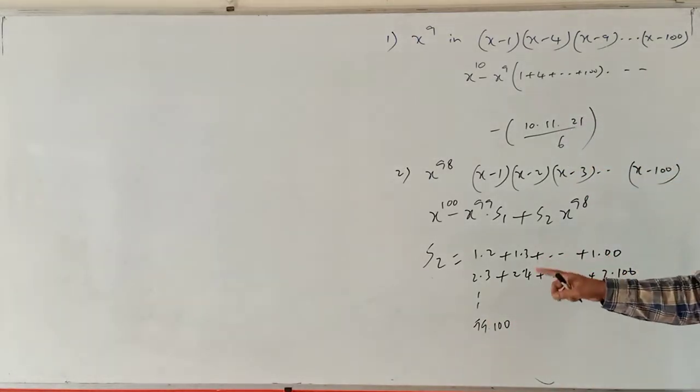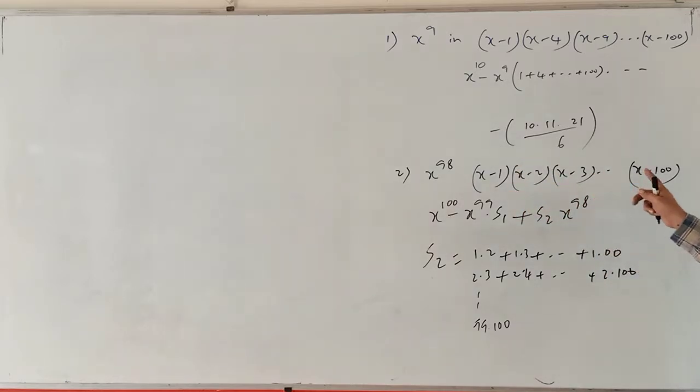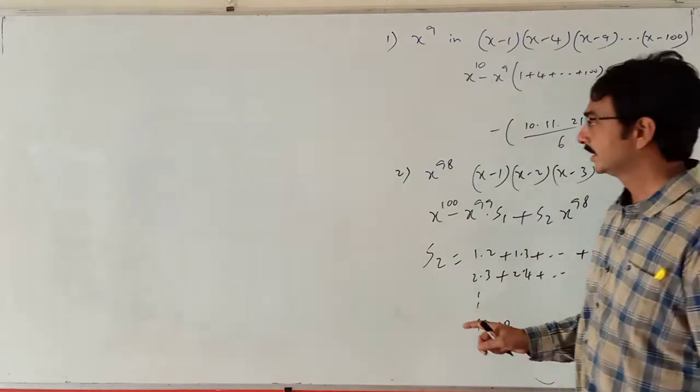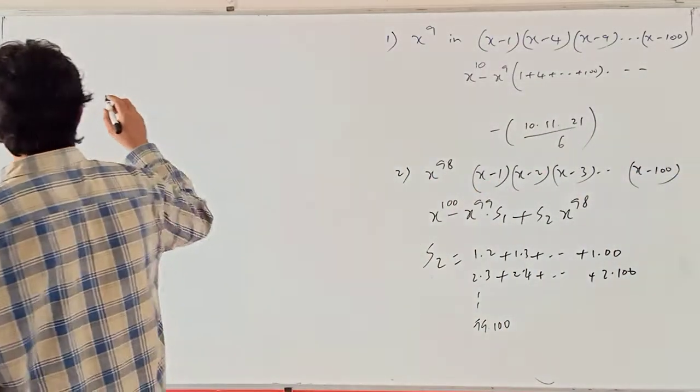So this is the combination, the sum of the products of the roots taking 2 at a time from 1, 2, 3 and so on up to 100. Now we have to find this value. So from that,